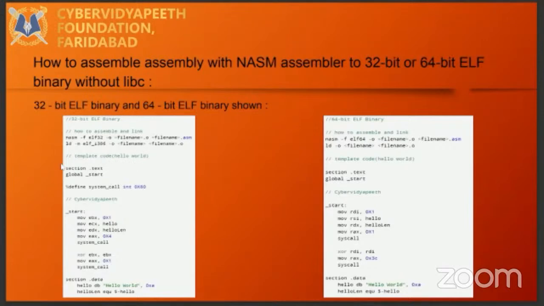Then there is the template code for hello world, and you can see this code right here, right? We're also calling the int 0x80 call right here, which is the system call for controlled execution. And we can see that here we are basically moving some values here and there, and we are printing the string hello. And hello is basically just a db value down here in the data section,